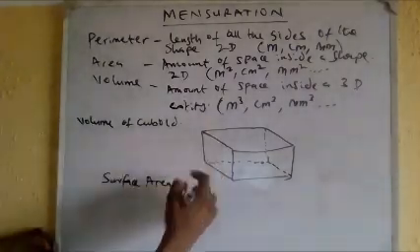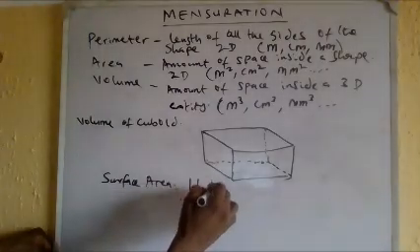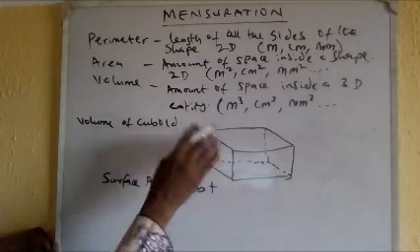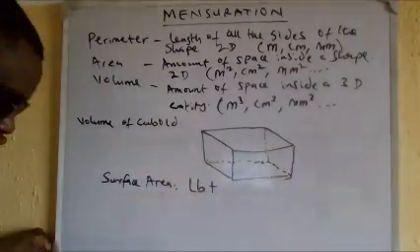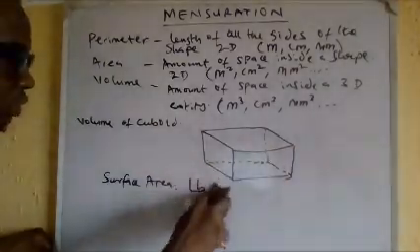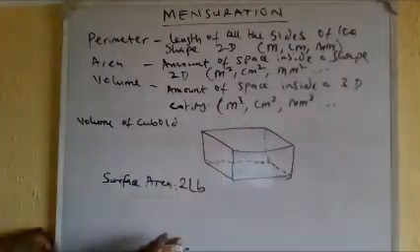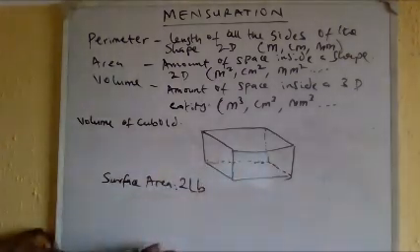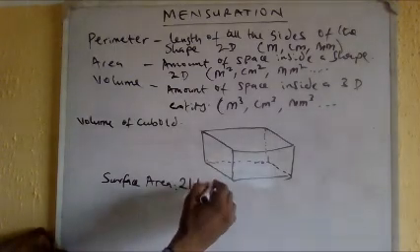So if I take this side, it's length times breadth plus. Now you know that this side has a twin side. So I can say 2, that's 2 outside, length times breadth for this side. You understand? So I can come again and take this side and say length times breadth again plus